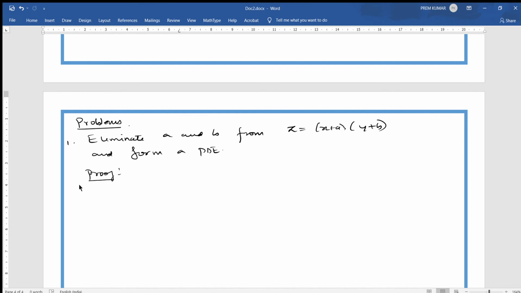Now let the given function, I name it as 1: z equals (x plus a) into (y plus b). Actually this is the solution and we are going to find the corresponding partial differential equation. But in the application of PDE, the partial differential equation will be given, but we will be finding the solution later on. Now this function is given, I name this as 1. As per the method I go. Now what we do is simply differentiate